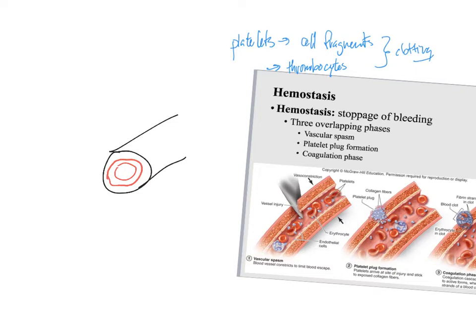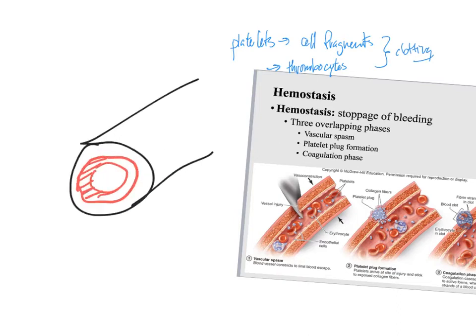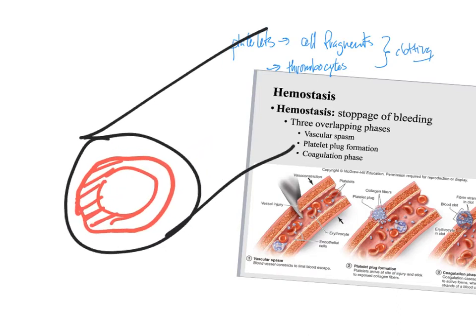One layer runs longitudinally, then the other layer runs circular, around. So what ends up happening, you break the vessel, those smooth muscle cells contract. And what that does is help to prevent